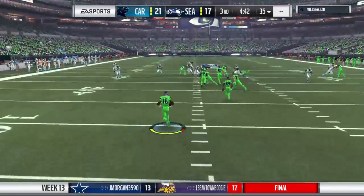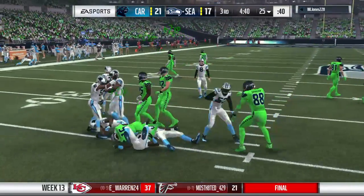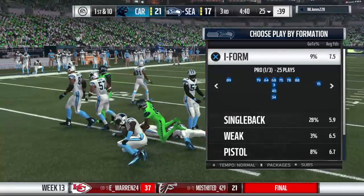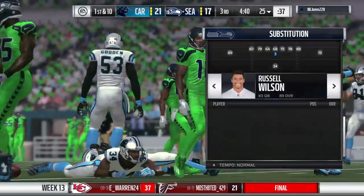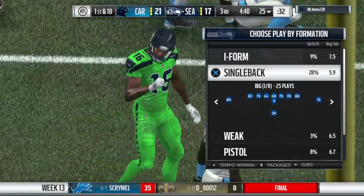Tyler Lockett now with a return. And not a bad return. Here he gets it out to the 25-yard line. And Seattle now ready to march out of the field. And on the last go-around, they really couldn't get anything going. They had to punt from deep